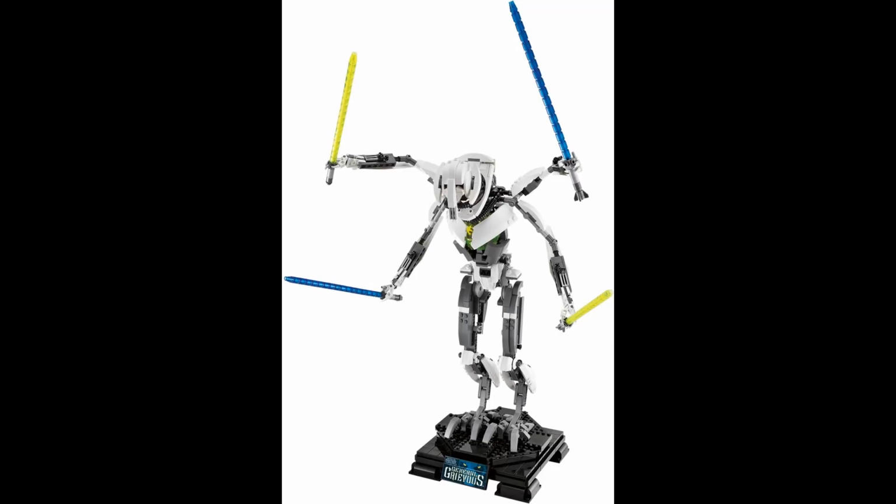1,085 pieces for a retail price of $90 was pretty good. In fact, I actually got this when it came out, and I have consistently forgotten that this thing exists. Based off of ratings and things I've seen, it's not generally well regarded. I mean, people tend to be 50-50 on it. Some people really like this, some people really, really don't like this. Either way, that actually says a lot, because think about things like the Millennium Falcon, which is generally really highly